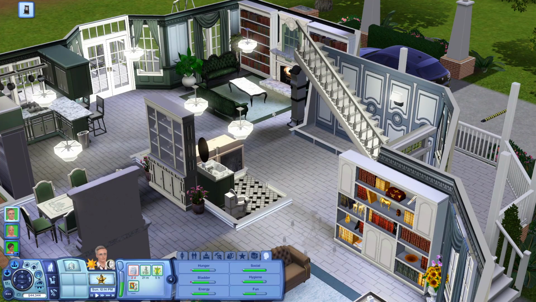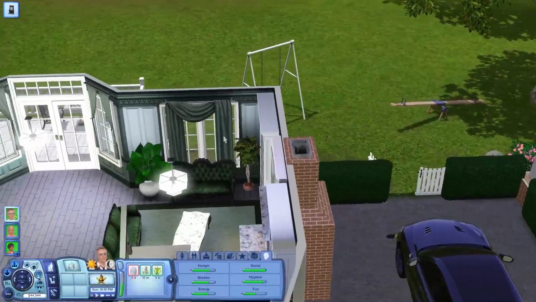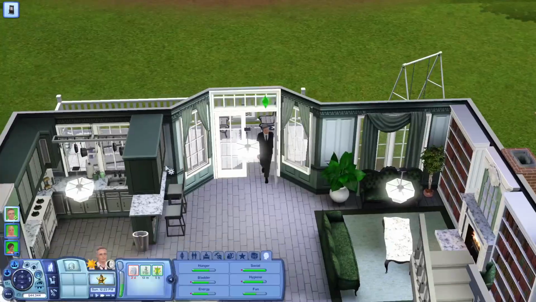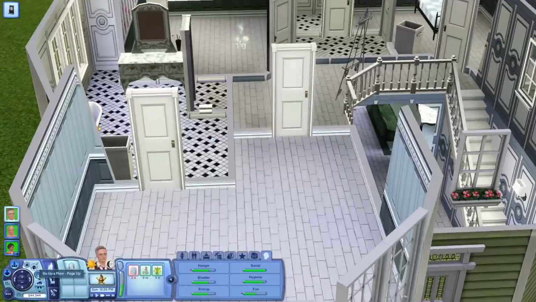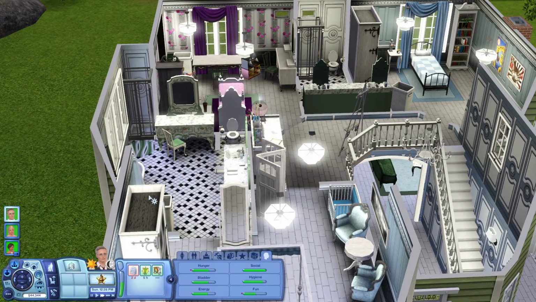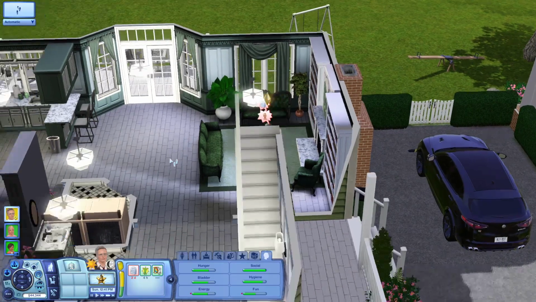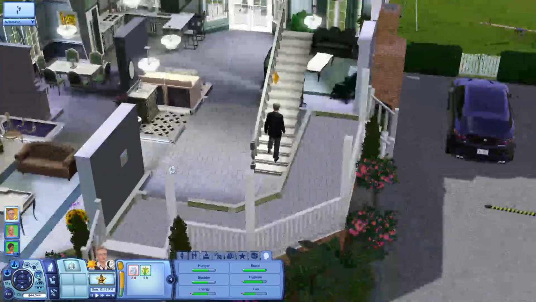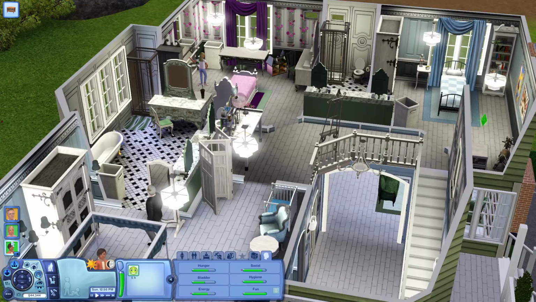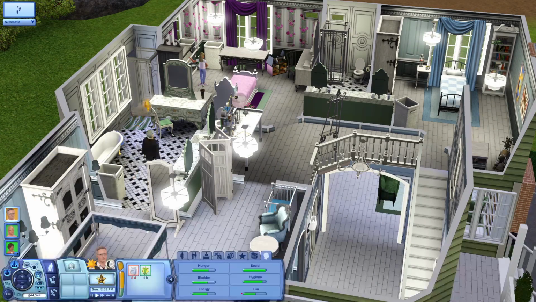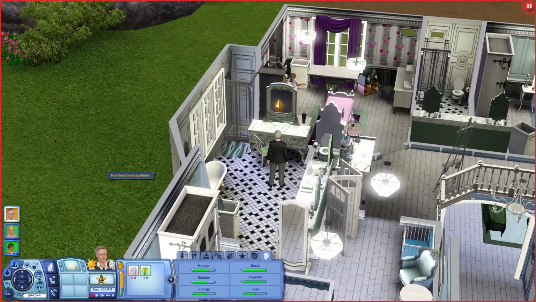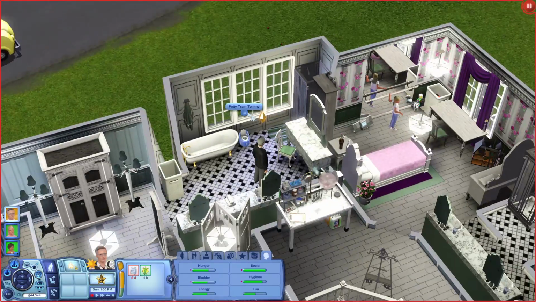Why is the fire already lit? Oh, you know what I need to have him do? I need to have him go upstairs and try and go into his bathroom, because as far as the game is concerned, there is a fireplace right here. So I'm gonna give it a shot. I really hope it works. I don't know what I'm going to do if it doesn't. And I'm probably gonna have him start. Oh, good. I don't know if he can get into the laundry hamper though. Well, there's nothing in there. I'm gonna actually have him start potty training Tommy.